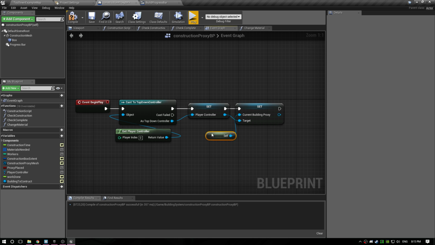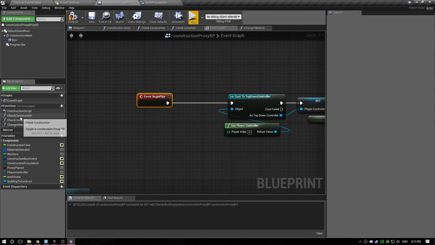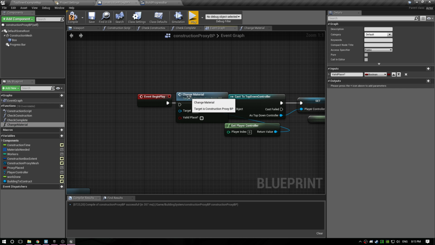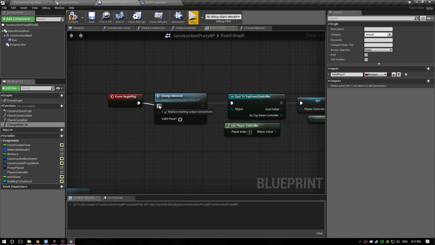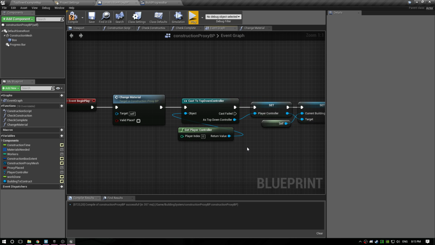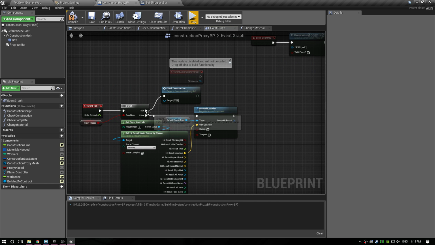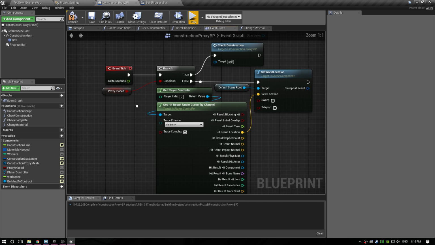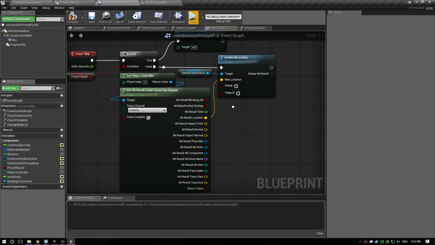Okay, perfect. So we can save that. So on begin play, we actually now want to say change material. Actually, no, we don't need to do this on begin play. What do we? Probably should. Let's just do it just in case. And what we're going to say is it's going to be not valid in the beginning, but it will change almost immediately. Alright, so now on event tick, if we haven't placed the proxy, we want to obviously